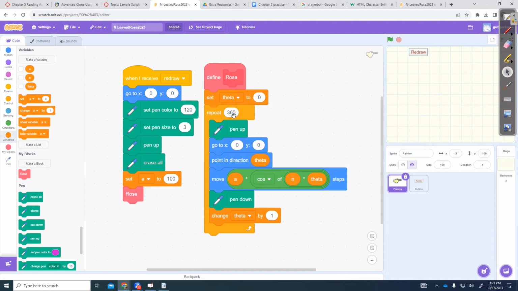Okay, we've played with 360 before, right? When we were rotating a sprite, making circles. It's going to pick the pen up. It's going to go to a specific position. It's going to point in direction theta, and then it's going to move a certain number of steps from this